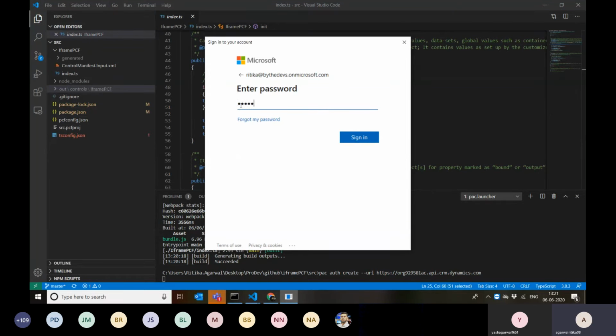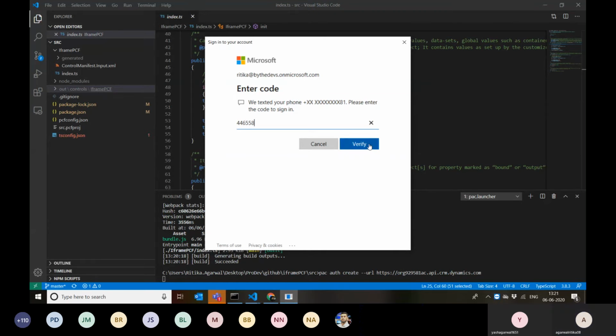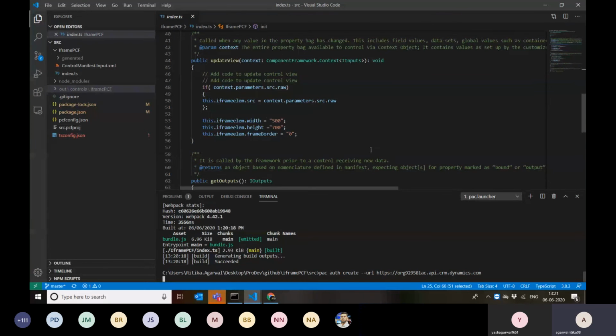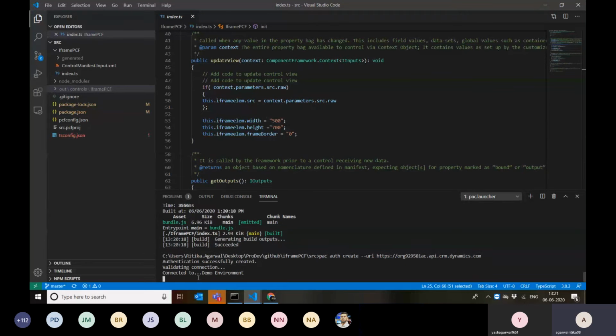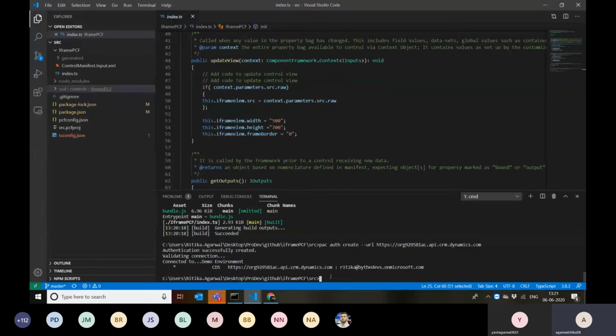So let me quickly log in. It requires a code, so let me quickly enter that. Okay, so now I can see that the authentication is successfully created and the connection is validated.